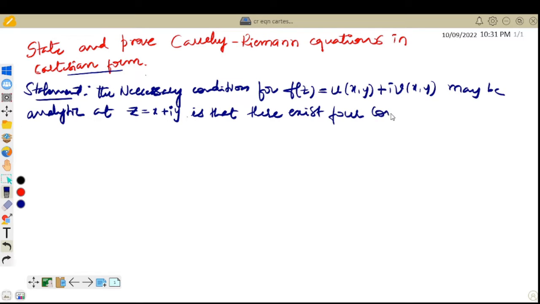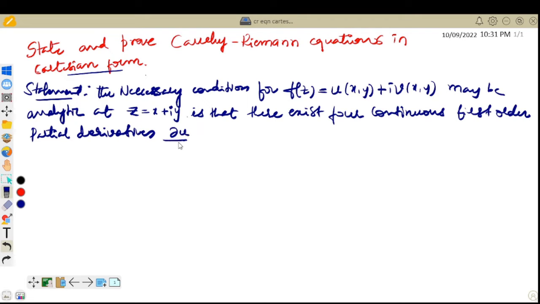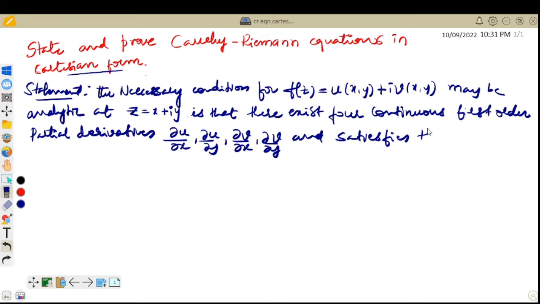4 continuous first order partial derivatives, ∂u/∂x, ∂u/∂y, ∂v/∂x and ∂v/∂y, and satisfies the equations